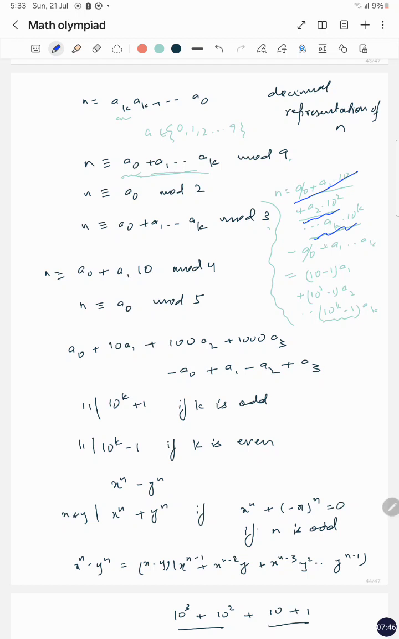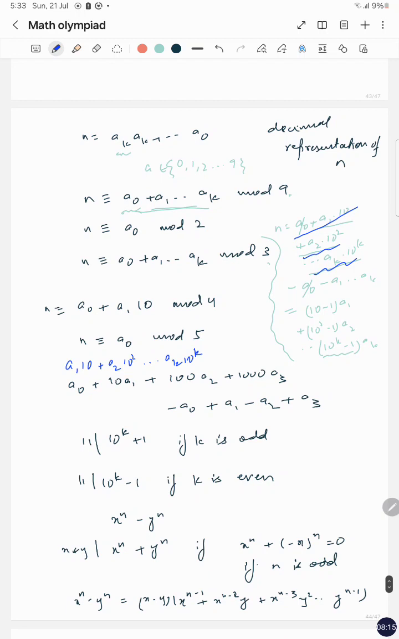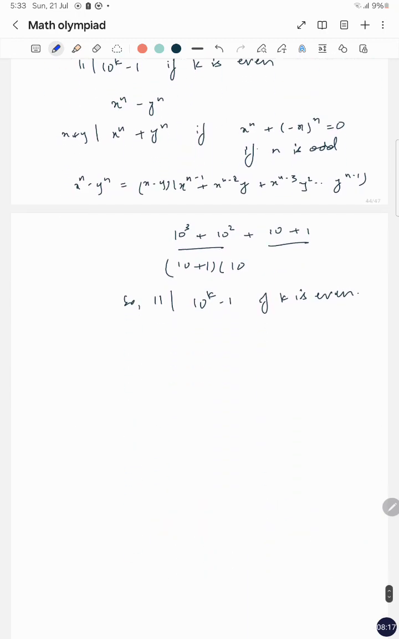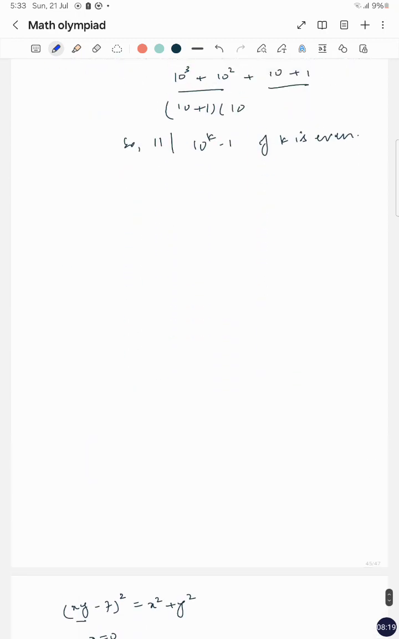Similarly, for divisibility by 5, if we look at n minus a0, 5 divides this expression: a1 times 10, a2 times 10 squared. 5 divides each of these expressions, so 5 divides the sum of these expressions. So we can also work out that